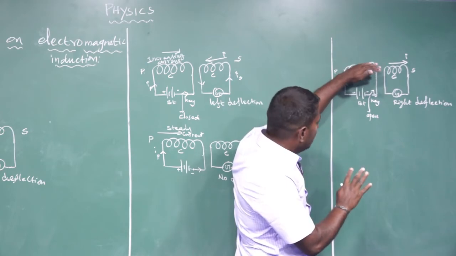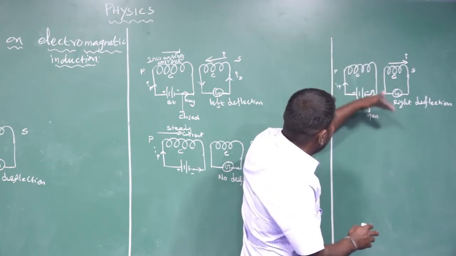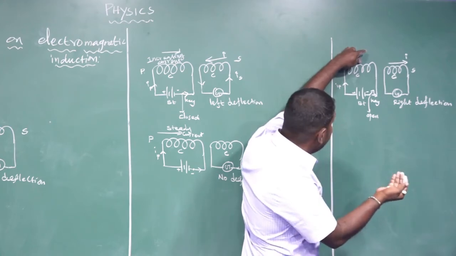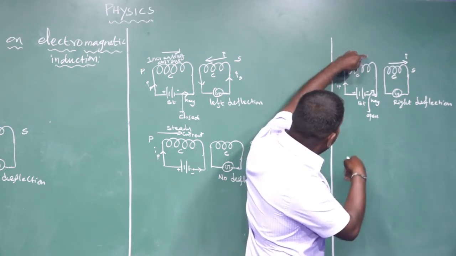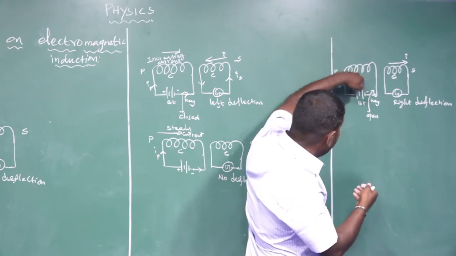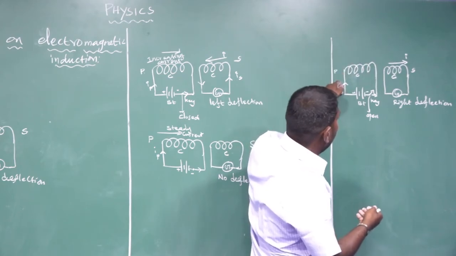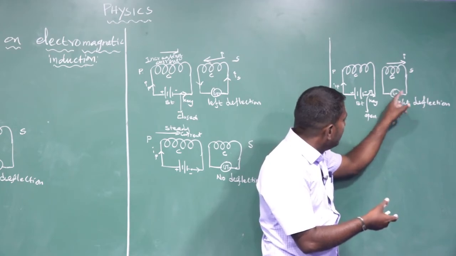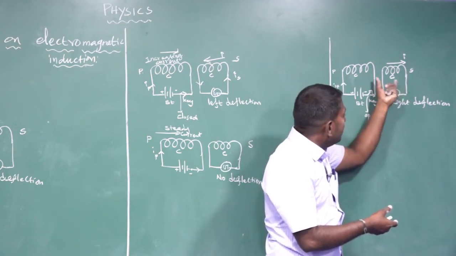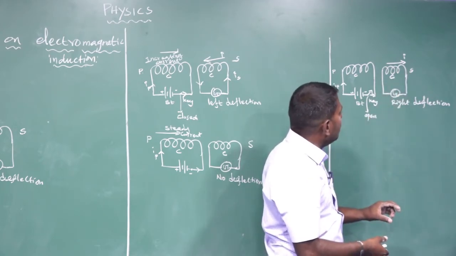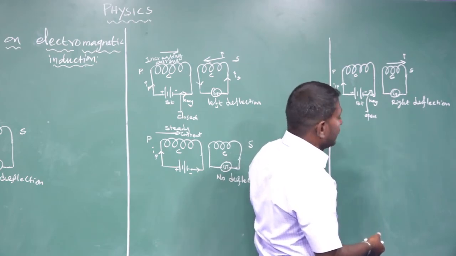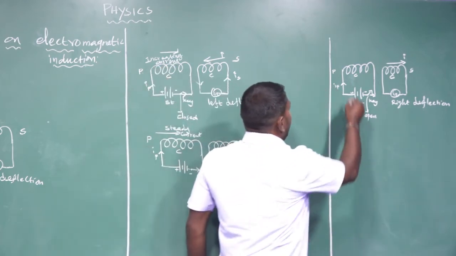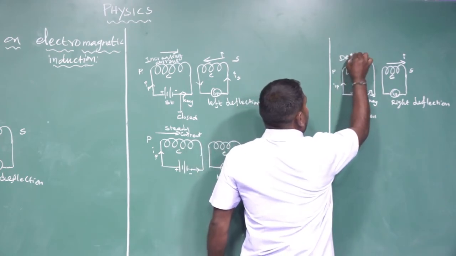See, it's an important one. When the key is released or open, the electric current in the primary closed circuit decreases from maximum current to zero. At that moment, the galvanometer shows a momentary deflection once again, which indicates that electric current is set up in the secondary closed circuit, but in the opposite direction to the previous case. It was an increasing current before, but now it is a decreasing current.